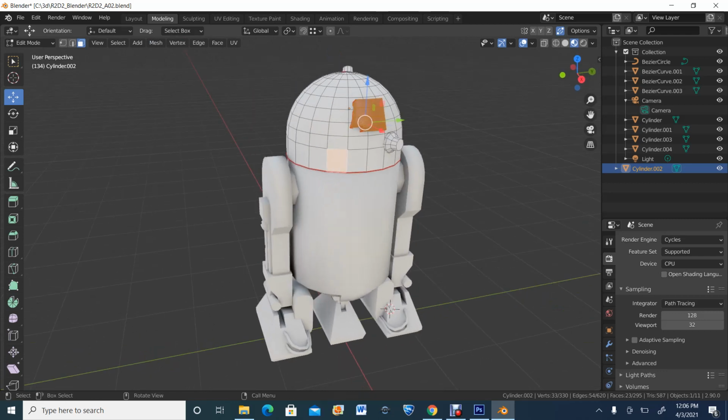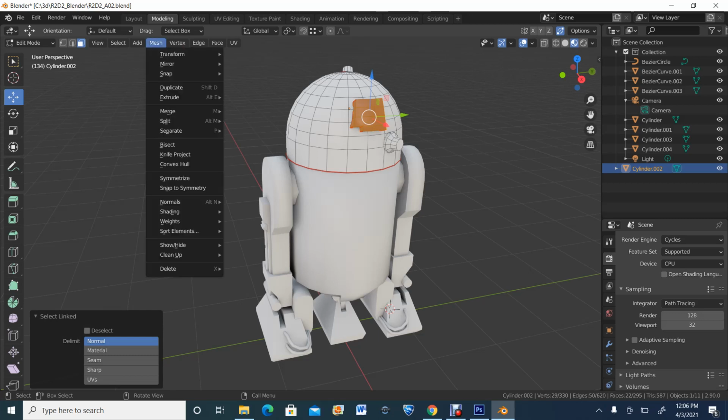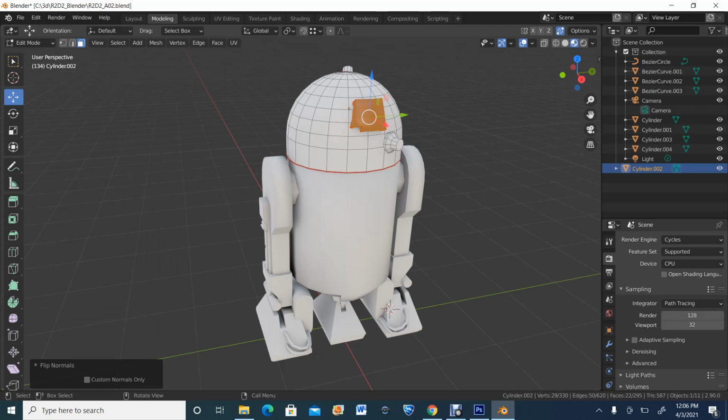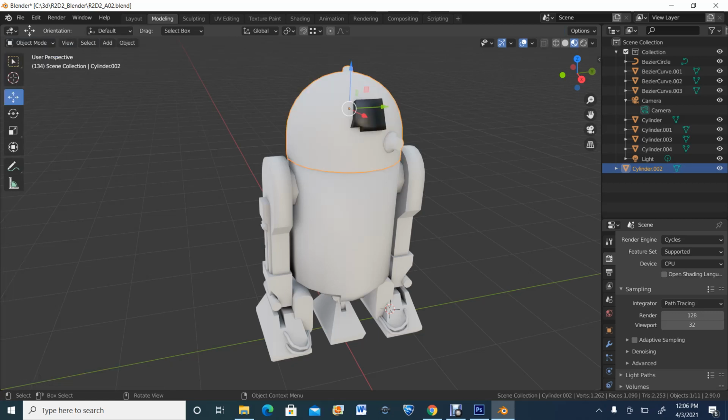Hit undo, because I accidentally had one place selected. So I'll go ahead and select that again. And again, you go to mesh, normals, and then flip, which means they've been flipped. You can't see the orientation of these faces immediately right now, but you'll see it once I get this rebaked. So again, go back to object mode,